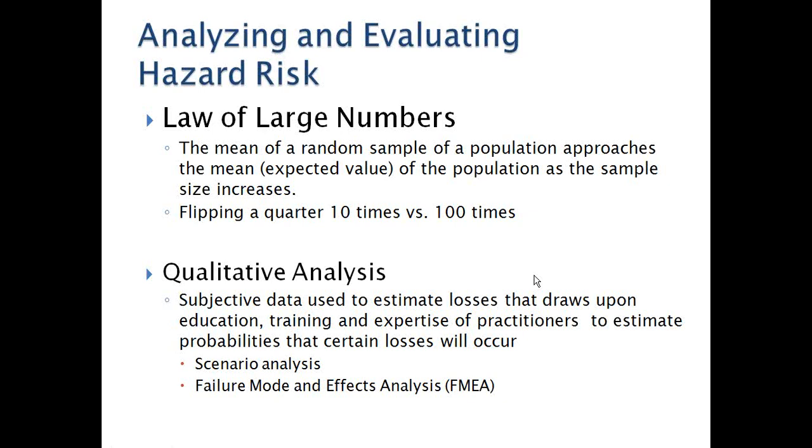Well, there's not a whole lot of data sets for us to draw upon, but we can determine based upon what's the value of the building, the value of the books that are in there, is the building sprinklered, what kind of damage. We can probably come up with some estimate of what we think the damage might be, or the possibility or probability of losses would be. And so that's where qualitative analysis really comes into play, is when we don't have any data, we have to make some estimates, because at some point you still have to be able to draw some conclusions about estimating the